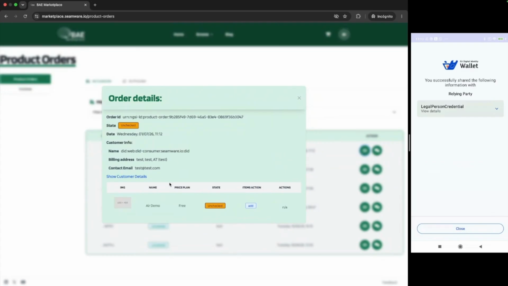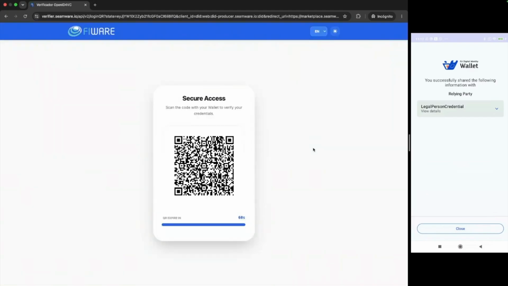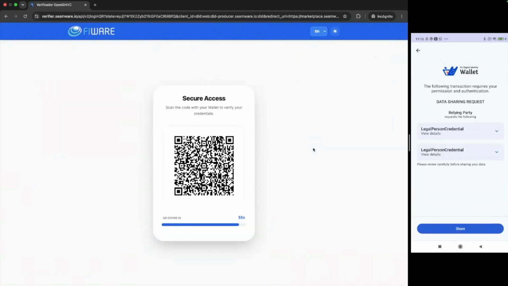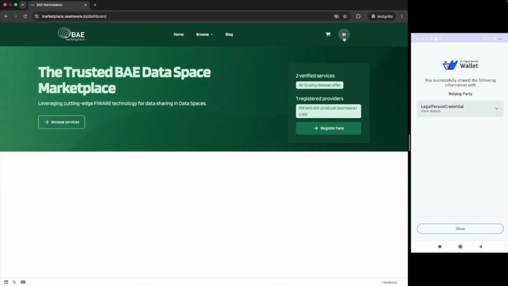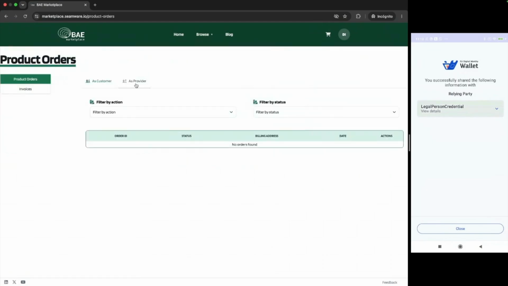Because this is a manual offer. This is a manual procurement order. So this needs to be manually managed by the provider. So what I'm going to do is to sign out here as provider. Okay, so now as a provider, I can go to the product order section and see the one that I